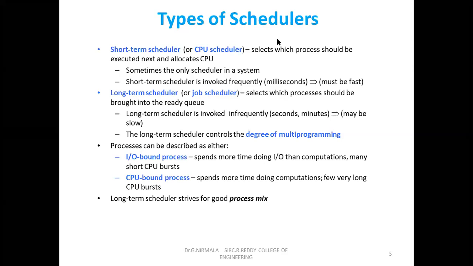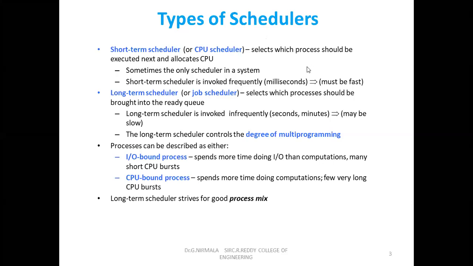You are called as a dispatcher. Dispatch latency will be there. Dispatch latency means in between the process is moving, either running to the ready, or ready to the block, or block to the ready, or running to the terminated. In between the states, the dispatcher will require some amount of time. That amount of time you are called as dispatch latency.